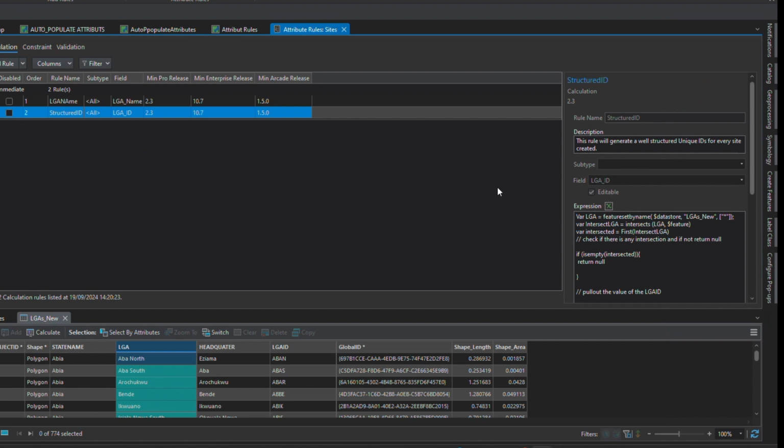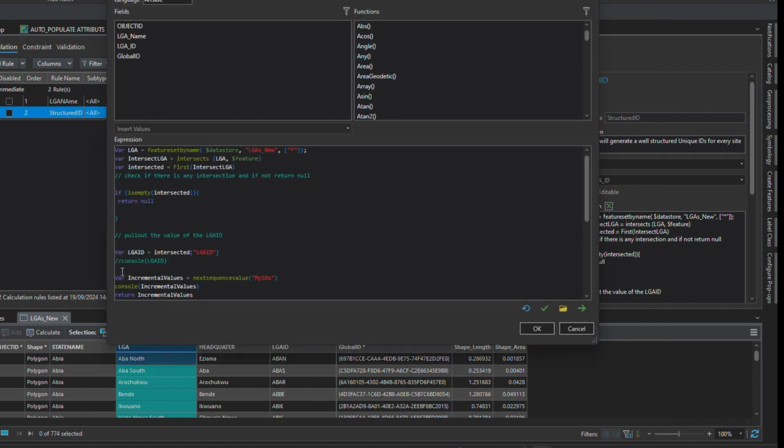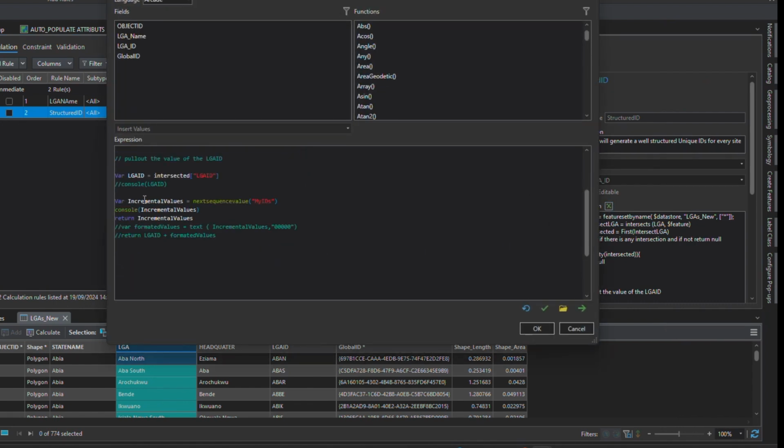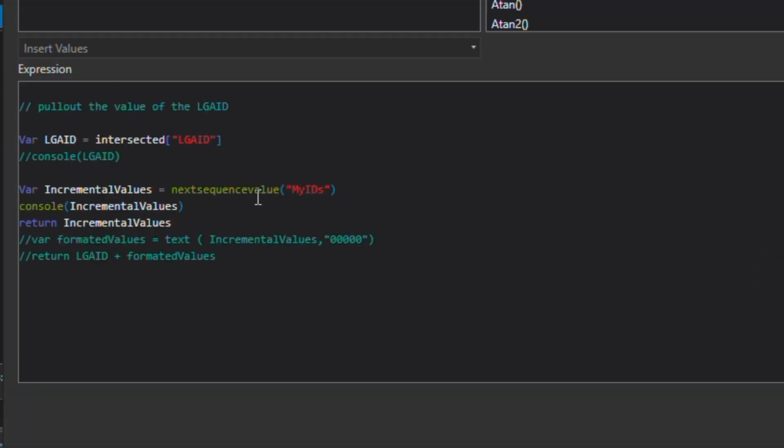This is the rule. Let's edit further. So what did we do? We have used the incremental, next sequence value function to pull out the my IDs that was created, which was the database sequence. We'll pull that out, and the next thing we want to do is to